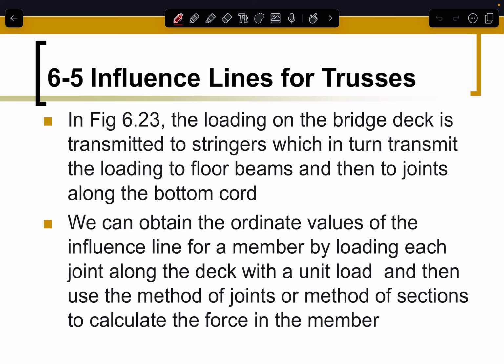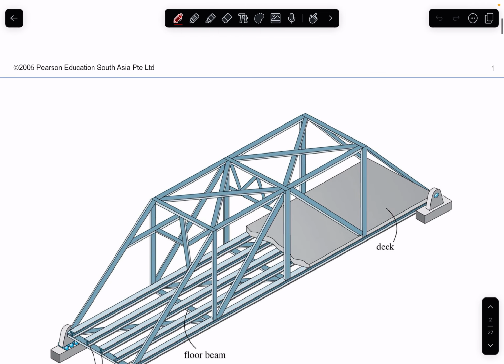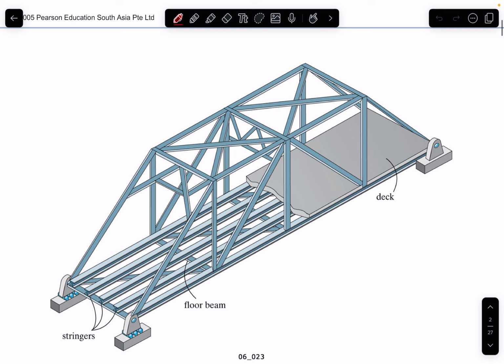Yeah? So if you refer to this diagram, normally for trusses we have a bridge deck. This is the bridge deck, and all the loads from the moving vehicles will pass through this bridge deck, and the loading will pass through the stringers. Yeah, and then the stringers will pass the load through the floor beam. So this is the floor beam, so you can see